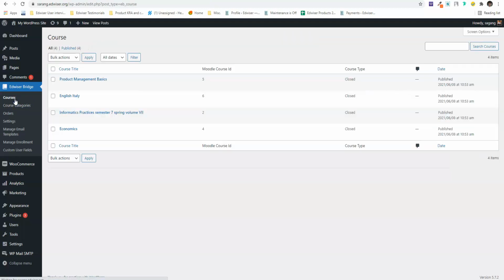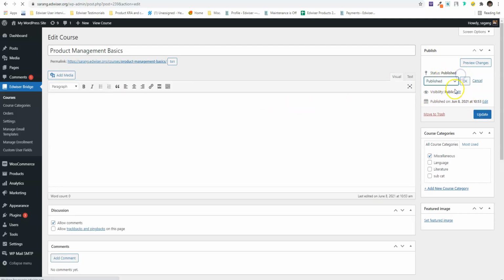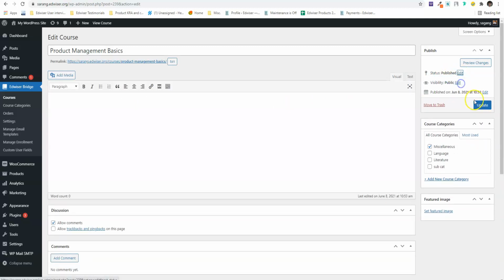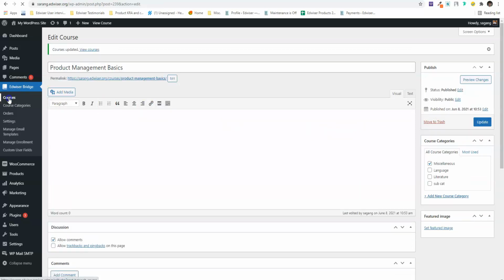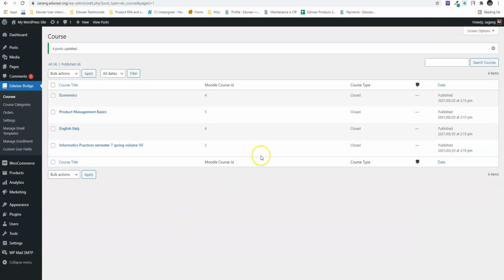Make sure the courses are not in draft. All the courses that are sold from WooCommerce will have the price type as closed.